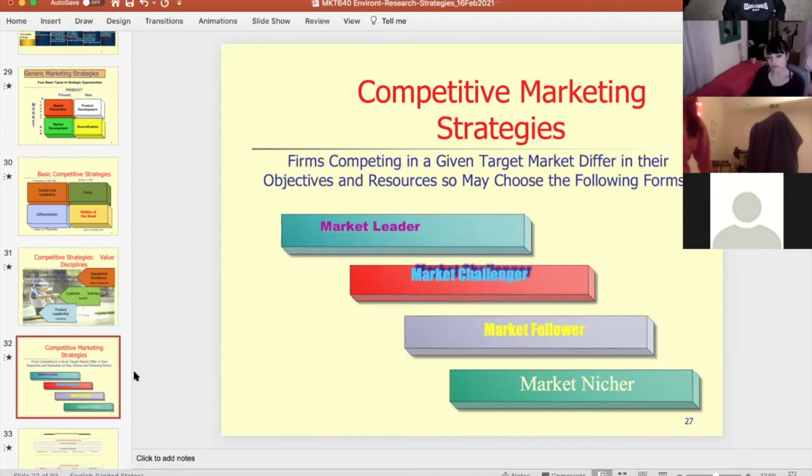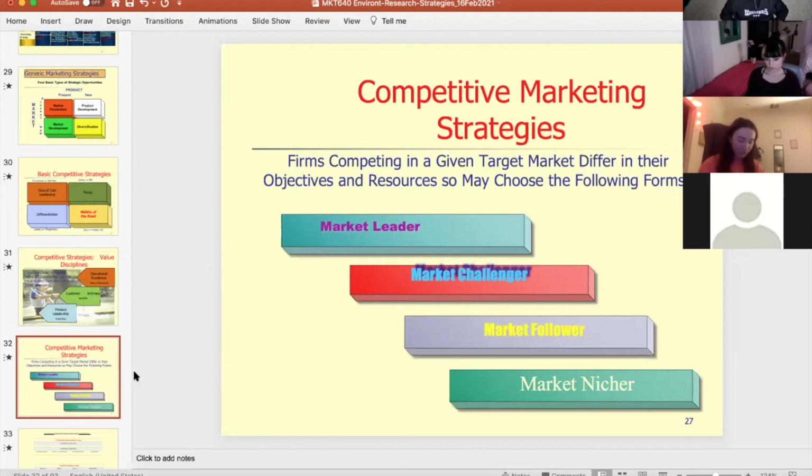Market challenger is the company usually that's almost as big or half as big and happens to be the number two. So the market challenger will use the momentum created by the market leader. Because of their size, they may be the number two company in an industry, may be half the size of a number one. And what they do is they take advantage of the fact that the number one is sort of slow to respond because they're so big, having such a market share. So it's like Walmart versus Ralphs, for example. It's smaller, so they can react much faster.